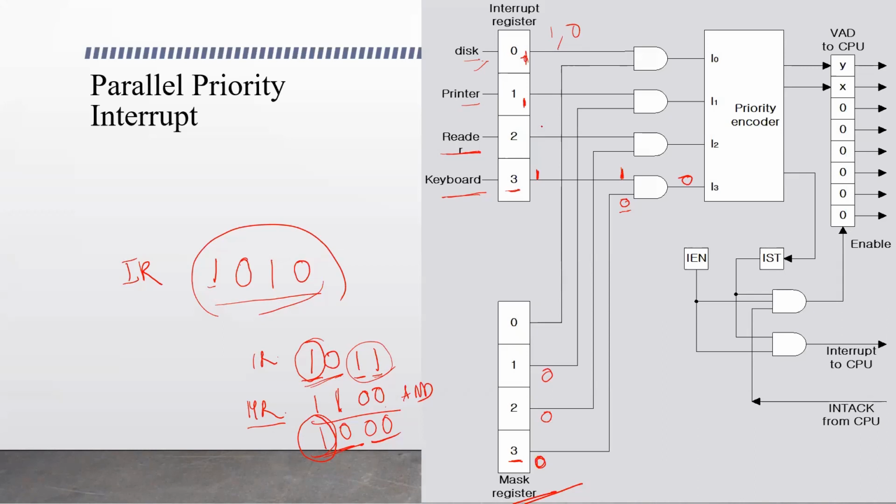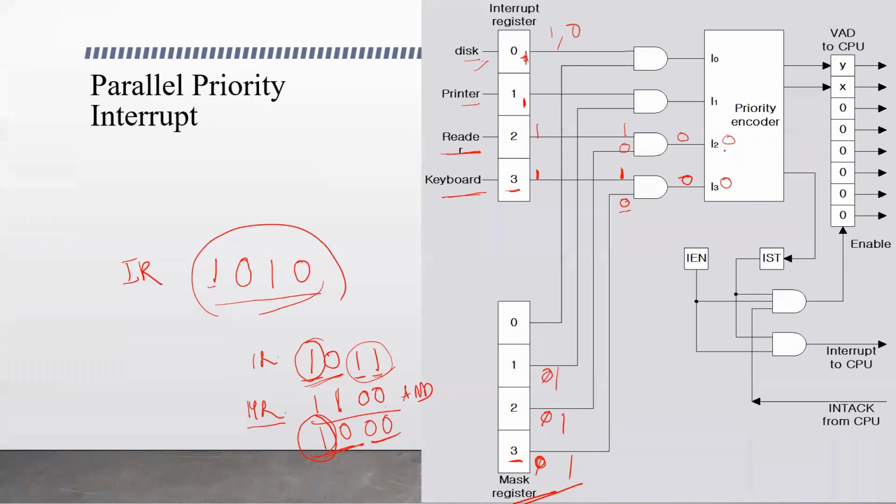So even if these lower priority devices generate interrupts, they will be masked, cleared, and the input it receives will be 0. So these interrupts will not be served. Once the CPU finishes servicing the highest priority device, it will enable this, means it will set these registers. The bits in this mask register will be set to 1, so that the other interrupts can be allowed. For that, this mask register is used.